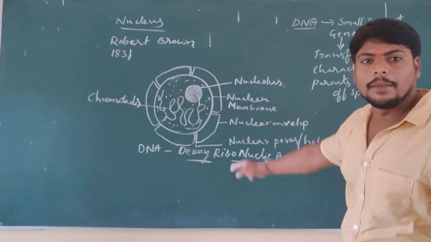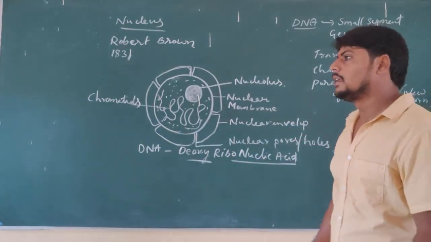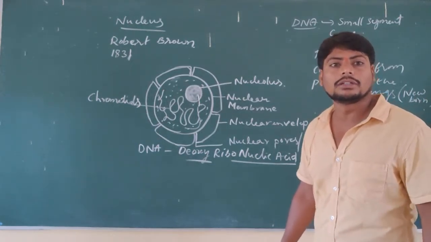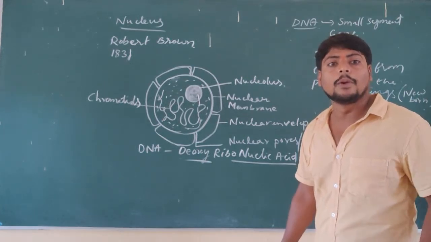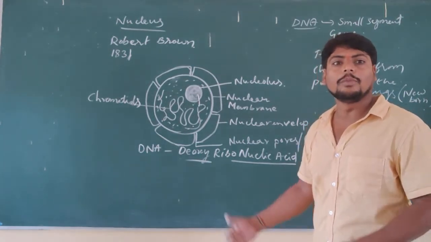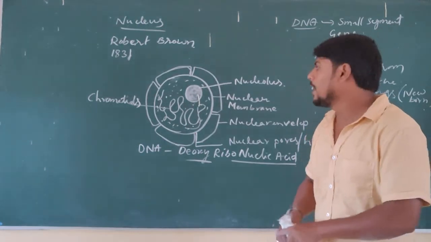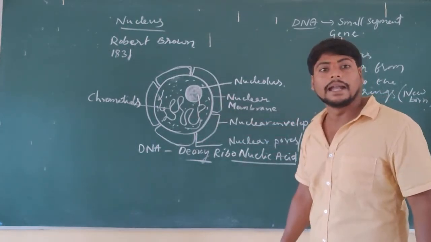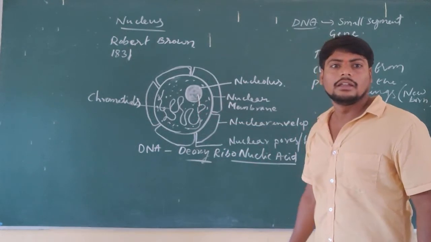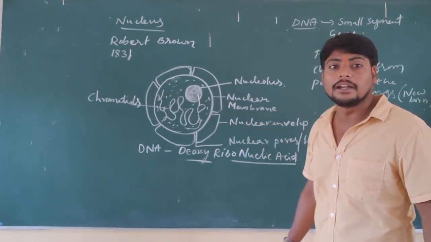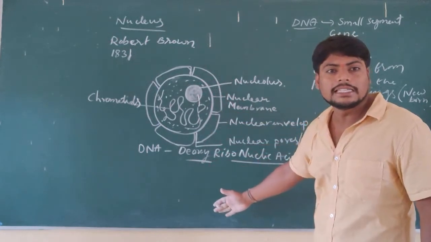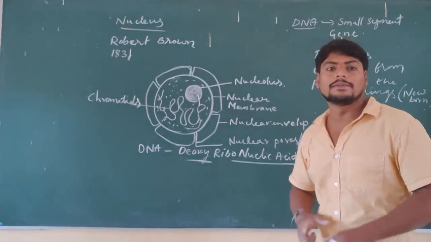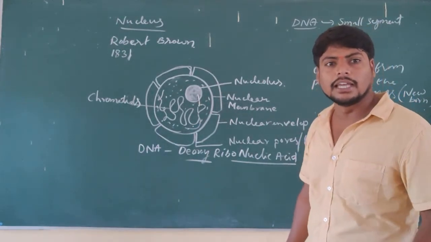Now, based on the presence or absence of a nucleus, organisms are classified into two types. What are they? Prokaryotes and eukaryotes. Pro means primitive, karyote means nucleus, though it is not exactly a nucleus. Why? Because if you take a microorganism like bacteria, they do not have a nucleus, but they have genetic material. What is not present is the nucleus. So, based on the presence or absence of a nucleus, organisms are classified into prokaryotes and eukaryotes.